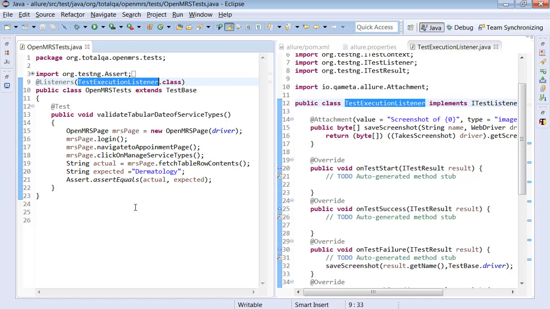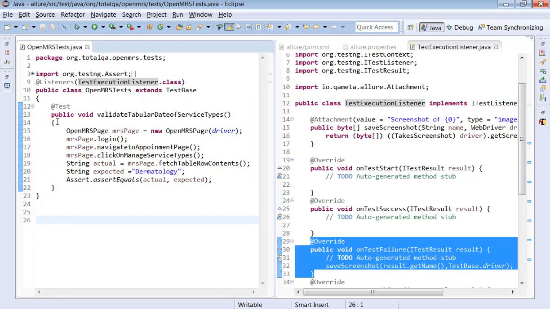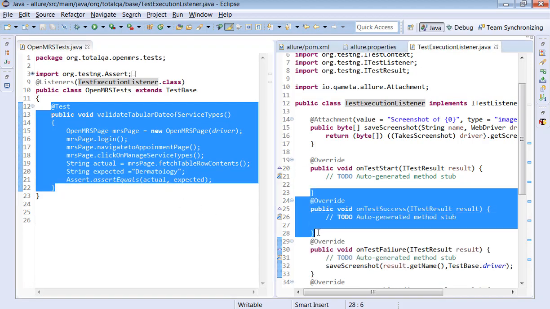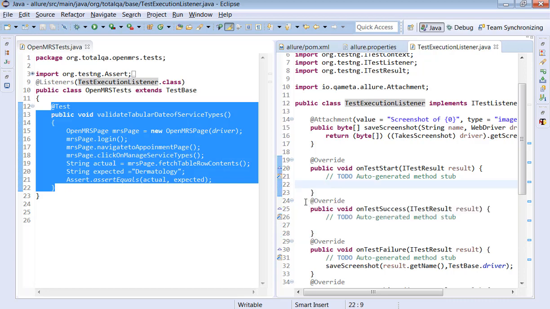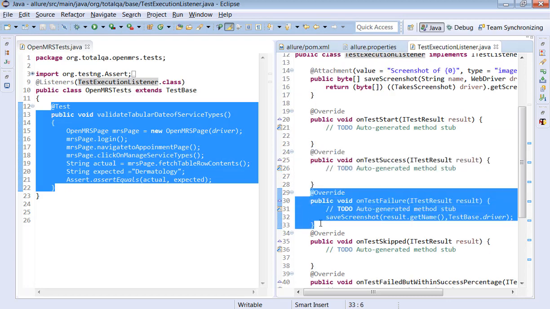What is the advantage of keeping this information here? Suppose this test case failed, what happens? This will invoke onTestFailure. Suppose this test case is passed, this will invoke onTestSuccess. So we are linking an annotation, we are linking a method. Whenever the @Test annotation is executed, based upon the outcome of the @Test, it invokes onTestSuccess or onTestFailure.